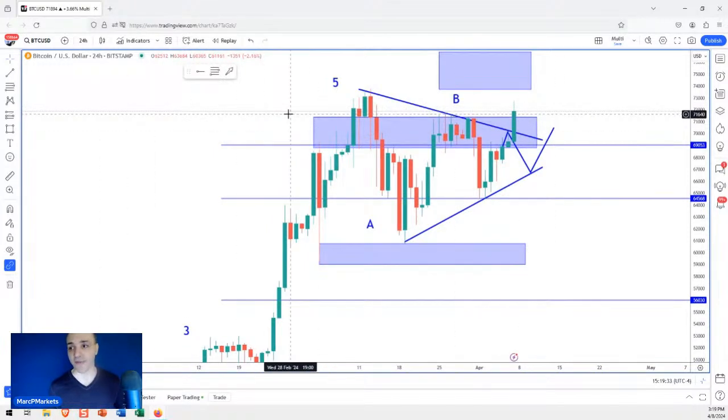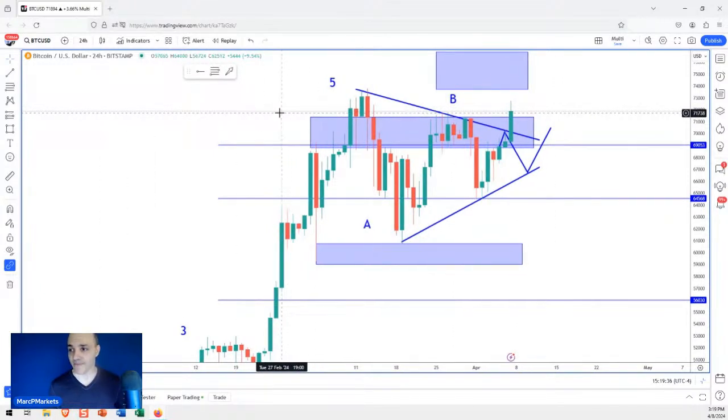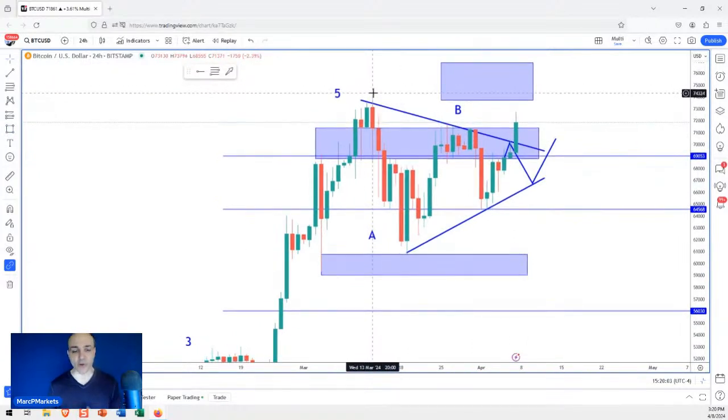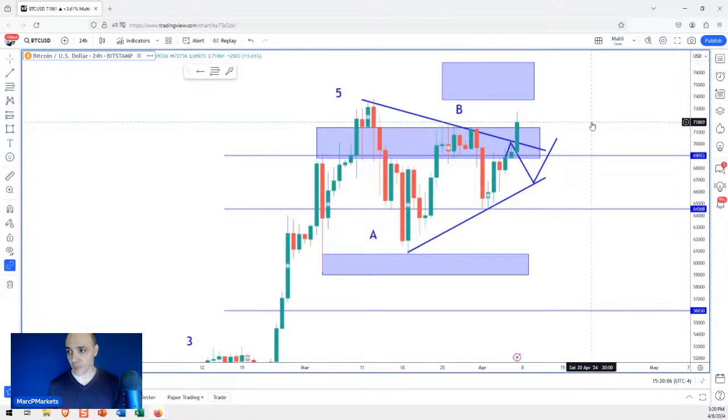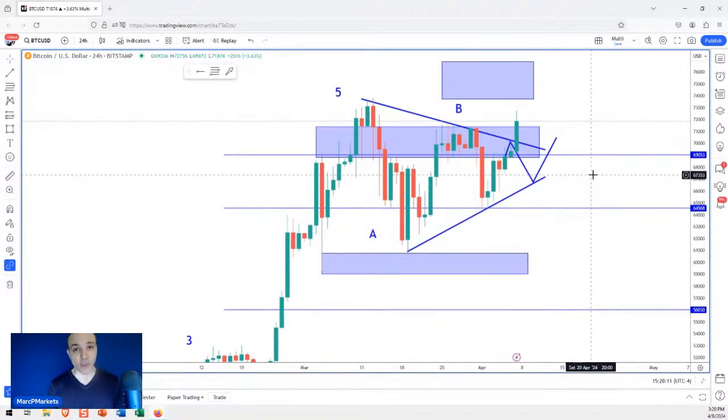It's possible to have what are called, you can have a motive wave that's not an impulse wave, and it's just 5 legs. When it's not an impulse wave, you basically get the 5 legs going into a triangle. So this could be C over here, this could be D, and we could have an E possibly, but we have to see how this finishes out here. That's why you don't get married to the waves. You use them as a general guide, and then the market needs to confirm them. If the market does not confirm, then you have to adjust.